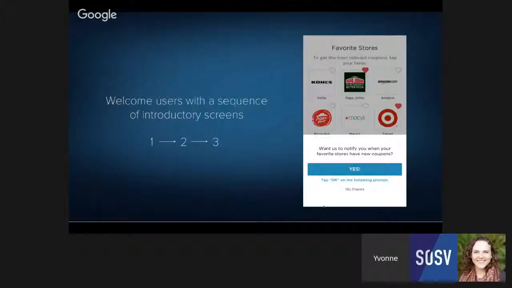And the user is much more likely to opt in and say yes here than say no thanks, because Retail Me Not has done a good job of flowing the user through, making the user understand that they're providing a relevant experience in the app, and then saying like, hey, we want to send you relevant coupons as you have told us that you want to get as soon as they come. So this is a really good way of getting users to opt into push.